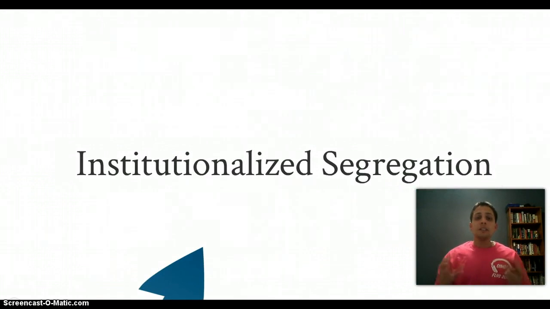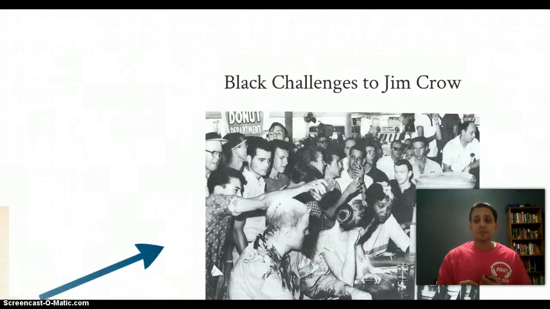Now, in the South, it is going to be institutionalized segregation. So it is segregation backed up by both the state government and then later on by the federal government also in the post-Reconstruction era. So it is completely institutionalized, a part of the law. Separation of the races was a part of the laws in the southern states.